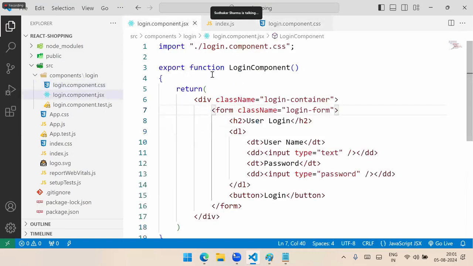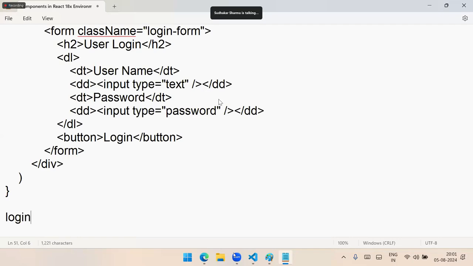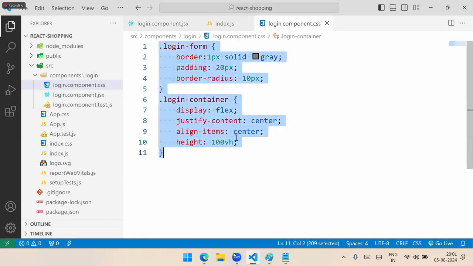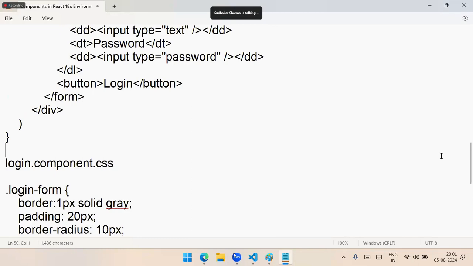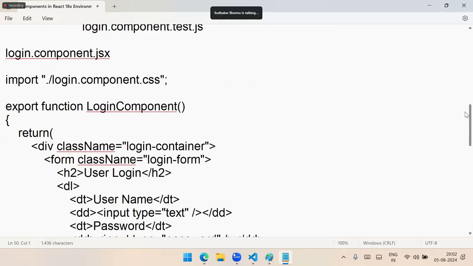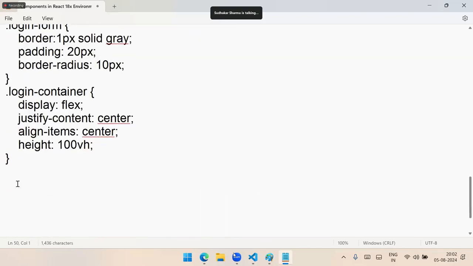Let me copy the design of the component, and the login dot component dot CSS, I will define the CSS also. How to configure CSS and how to configure the login. One more thing you have to do is go to